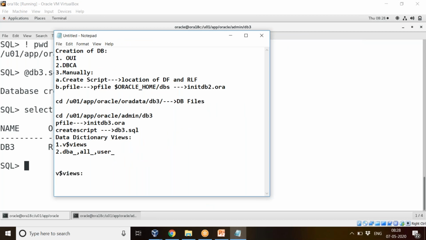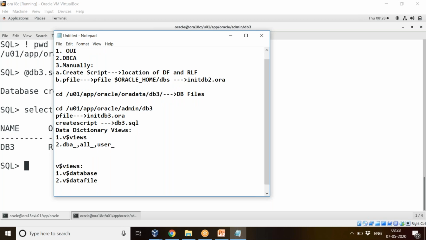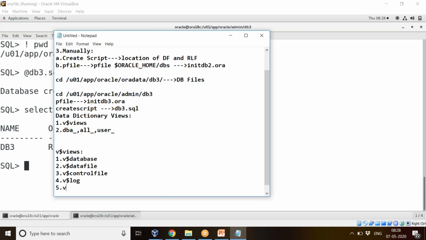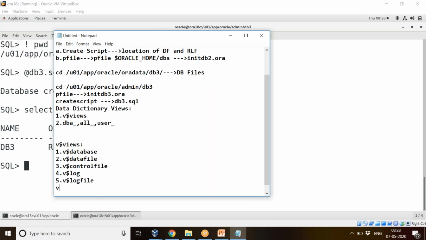We have v$database, v$datafile, v$controlfile, v$log and v$logfile. Okay, v$tablespace is there.